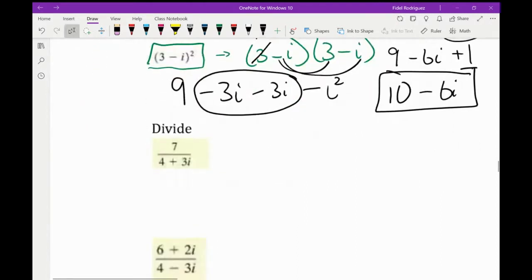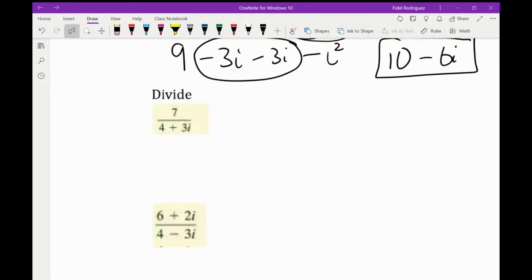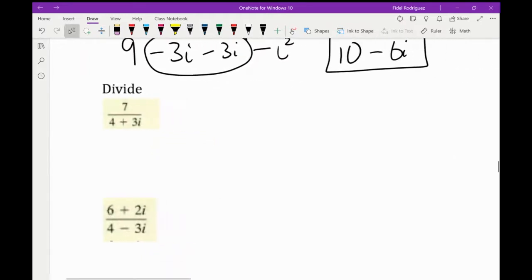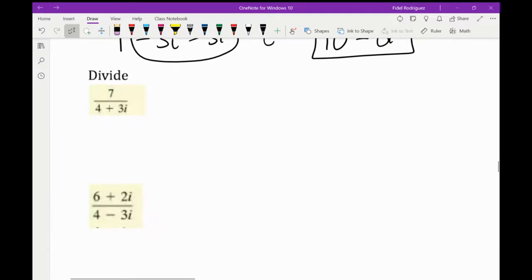Okay. So I definitely want to at least do 2 of these where we have to divide complex numbers, just because I want to make sure you all have some experience with this. And maybe you already do, I'm not certain, but I'm going to walk you through at least these next 2 here.